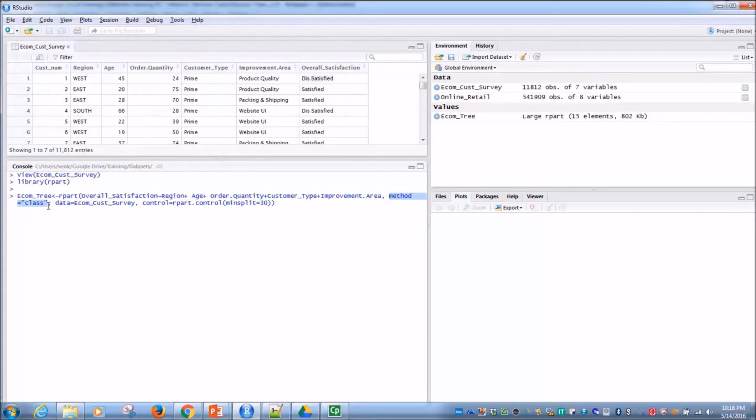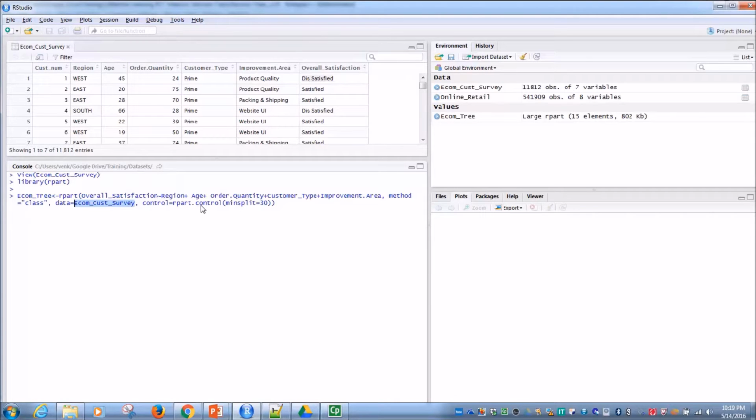So this indicates that our dependent variable is of the type yes or no, 1 or 0. It's a class variable. Here it is satisfied, dissatisfied. It is not a continuous variable. There are other types of trees where we can have a continuous variable, but here we are doing a classification, and our objective variable, or our dependent variable, is a class variable. That is why we need to mention method equal to class, data is the dataset name, and then there is one